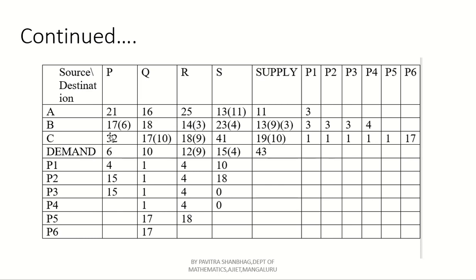Now look into this column. Which is the least element comparatively this two row? 17 is the least element. Now what we have to do? We have to assign minimum demand and supply to this. What is demand here? 6, and what is supply in this? 9. So comparatively 6 and 9, here 6 is the least. So assign this 6 to here. Then demand completely vanished, and simultaneously here you have to remove this 6 from this 9, you will get 3. Okay, now what happened? This first column also vanished.